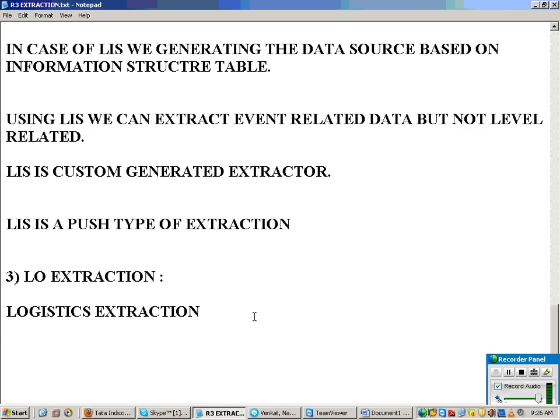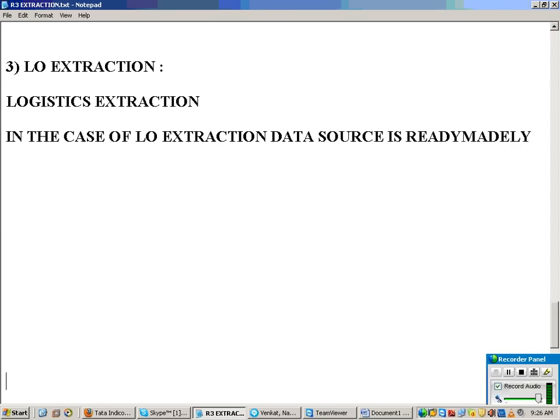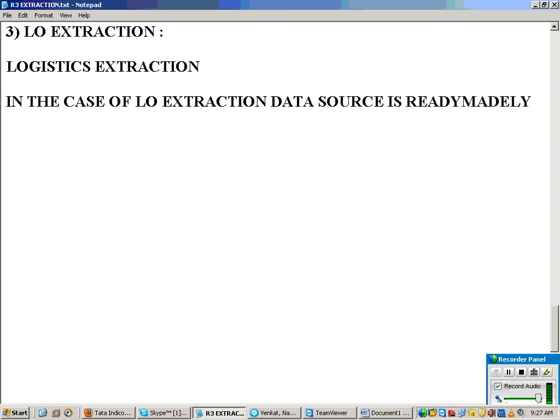So what does that say? In the case of LO extraction, the data source is readymade, given.